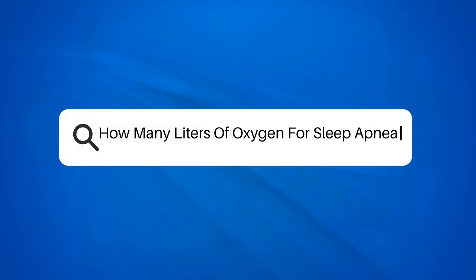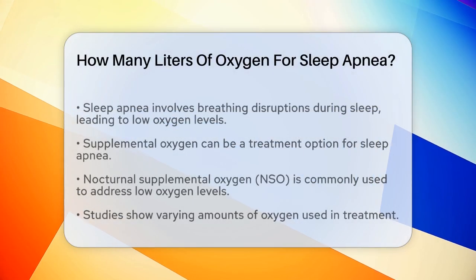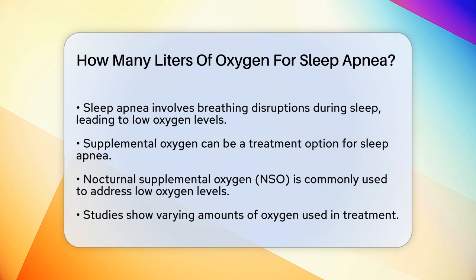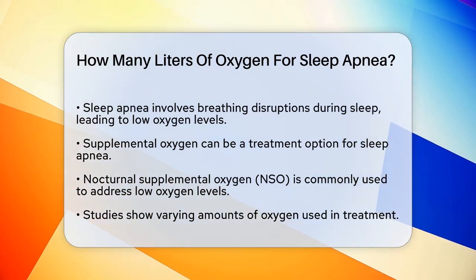How many liters of oxygen for sleep apnea? If you or someone you know is dealing with sleep apnea, you might be curious about the various treatment options available, including the use of supplemental oxygen. Let's break down the details to help you understand how oxygen therapy works and the specific amounts of oxygen that